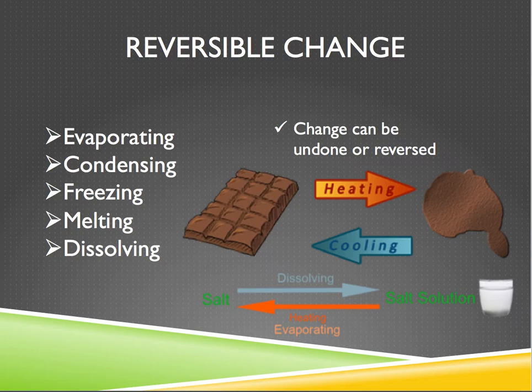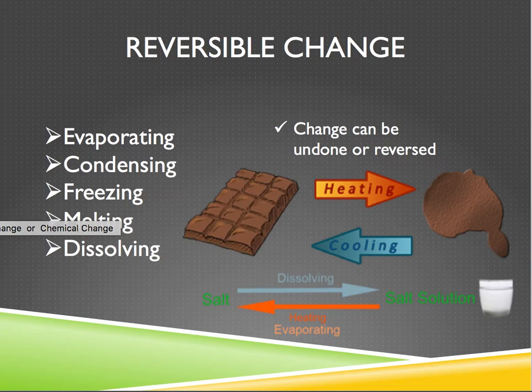Another example of reversible change is when you mix salt in water. The salt may have dissolved, but if you leave the water to evaporate, the salt will eventually return to its original form. As you can see on the images on the presentation, heating and cooling changes the substance, but it does not create a new substance. A number of reversible changes that can be caused by heating or cooling include evaporating, condensing, freezing and melting, and